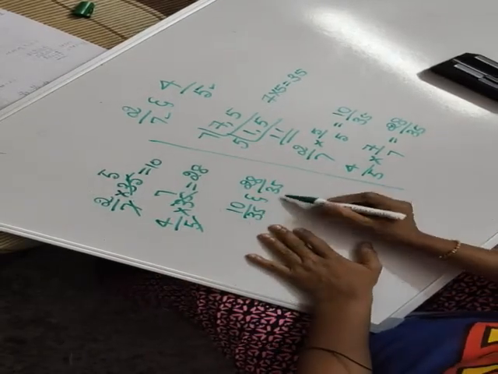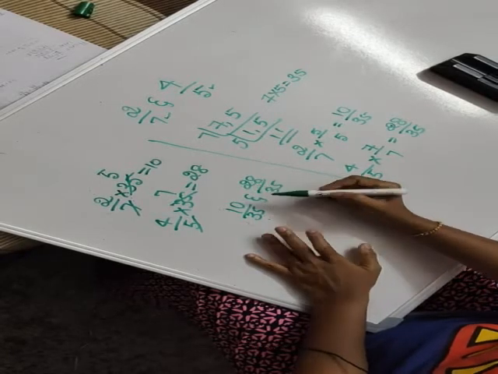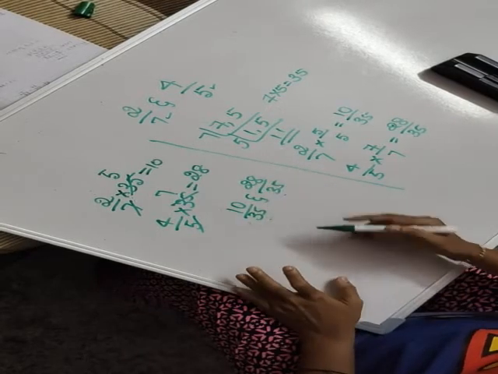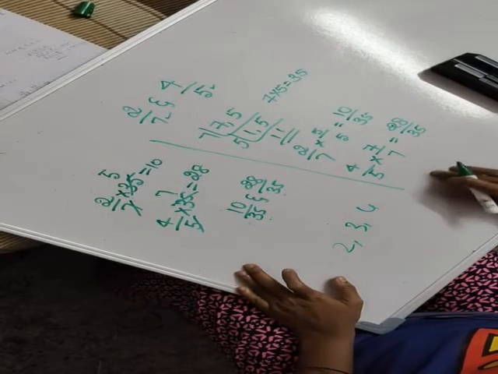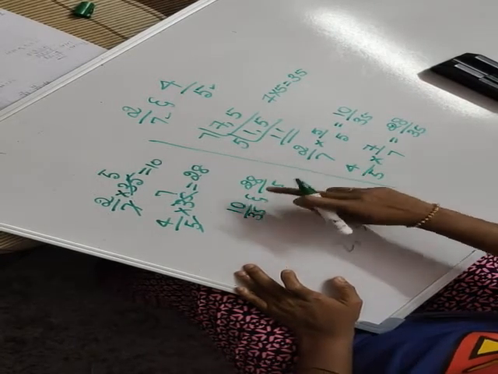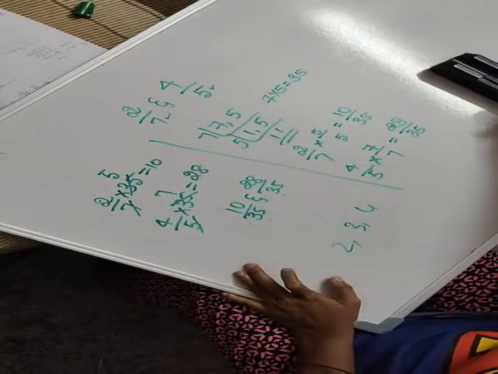See, when the denominators are the same, the number with the greater numerator is greater. Normally we are doing it like this: 2, 3, 4, which one is greater? 4 is greater. So with simple numbers, that is how we find the greater one. Just see the numerator. When the denominators are the same, just look at the numerator. Whichever is greater, that is the greater one.